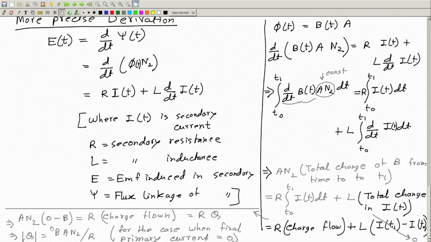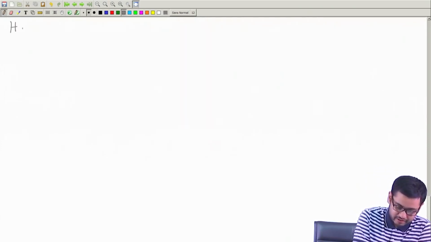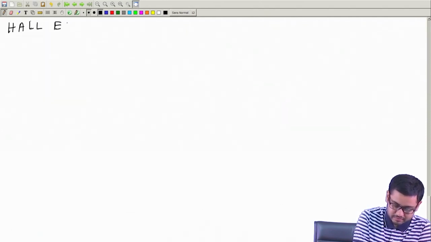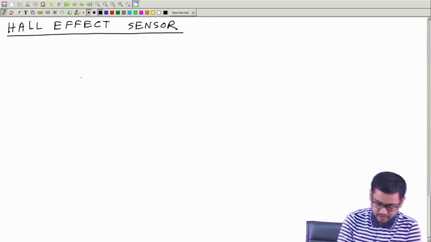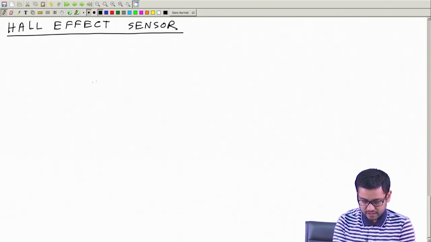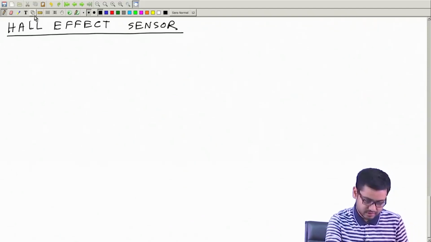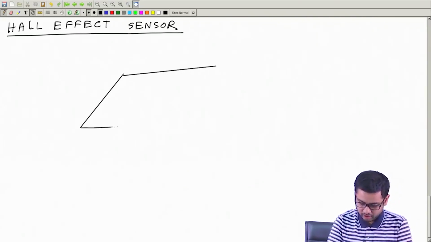Okay, so that's it about ballistic galvanometer based measurement of flux density. Now let us move to our second topic in this chapter, which is the Hall effect sensor. This is also a small and easy topic, I believe. Let's first understand what is Hall effect. Suppose I have a block of some material which is called Hall material,